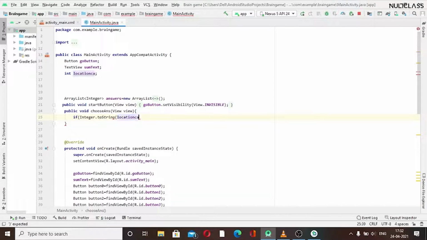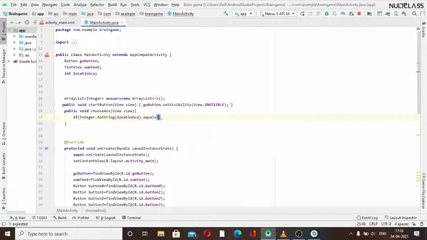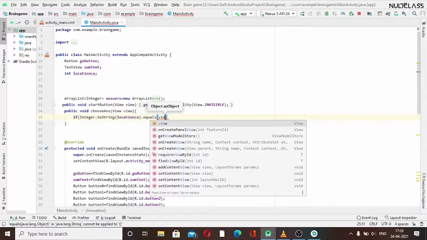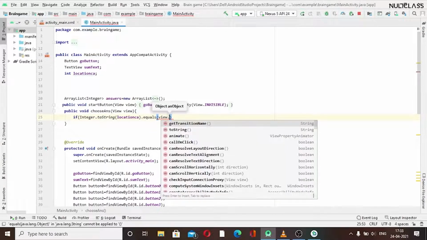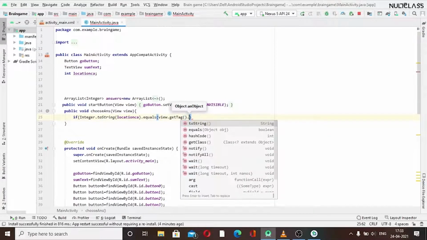Like we can see, we are getting the location of the correct answer here, and we want to check whether it is equal to our option. We have an option here called view dot get tag. Yes, we can get it from here. If view dot get tag, and also we need to convert it to string.